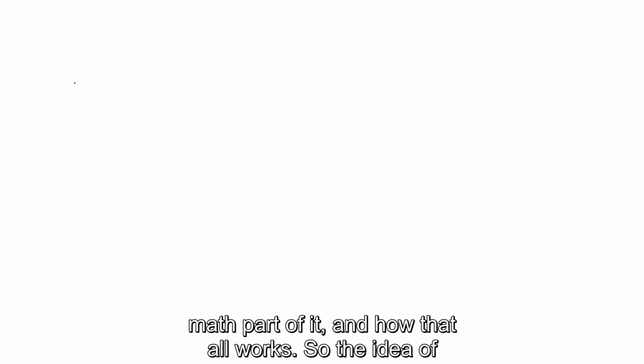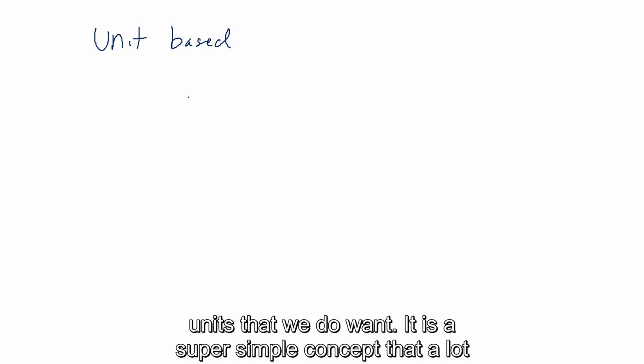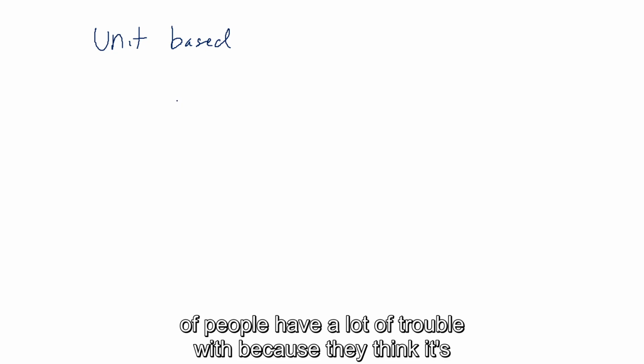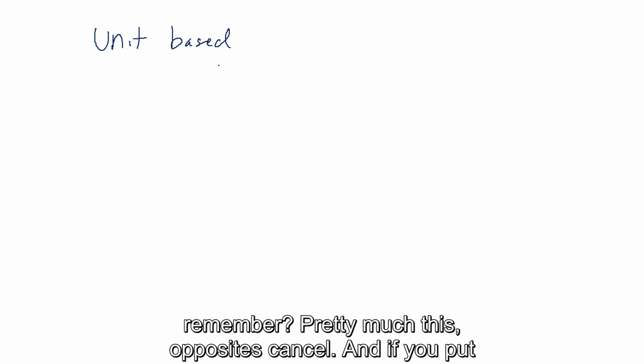So the idea of dimensional analysis is it is basically unit based. And in dimensional analysis, we use a series of fractions to get rid of essentially the units we don't want and end with the units that we do want. It is a super simple concept that a lot of people have a lot of trouble with because they think it's really more complicated than it is. So what do we have to remember? Pretty much this: